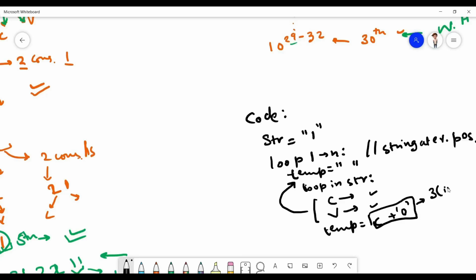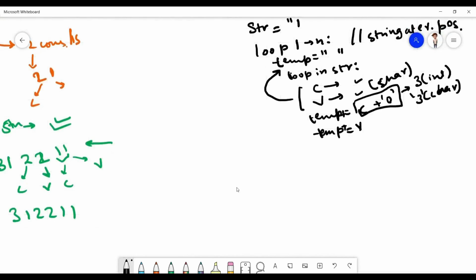Initially it was an integer value, now it will be a character value. And the main value was already a char, so we don't need any other conversion. As soon as we find temp, we put str equal to temp and traverse again.